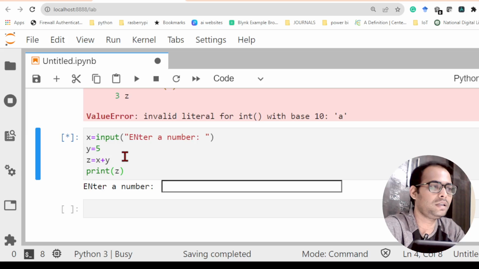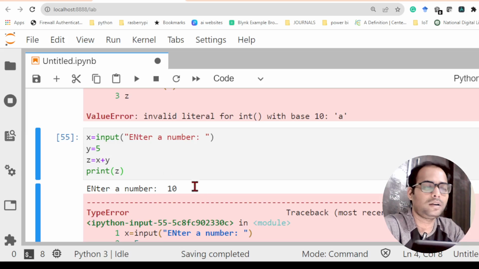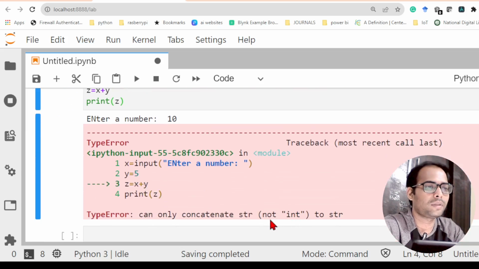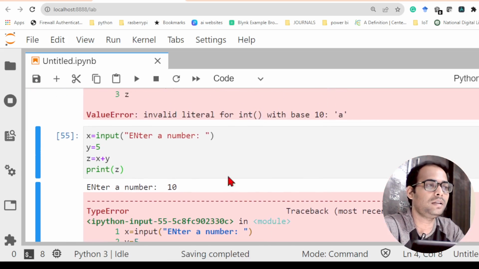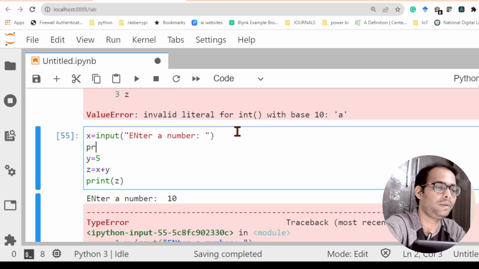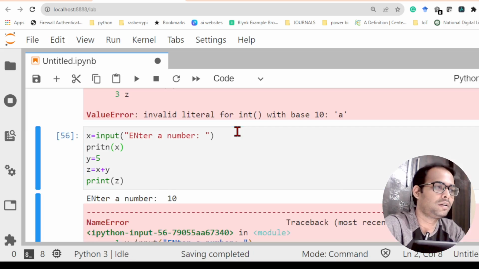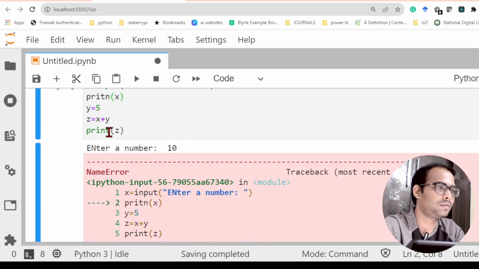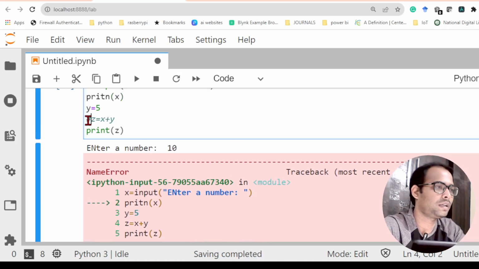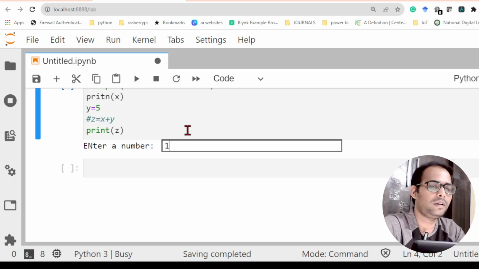If I run it, it is asking me to enter a number. Let me enter 10 here. So if I enter the number 10, see what is happening. Here it is not possible to concatenate string and integer. Why is this error coming? Because if I print the type of x, it is still an error. So let me not do this line for the time being. Now if I run this code,